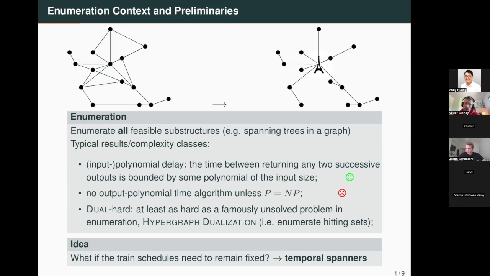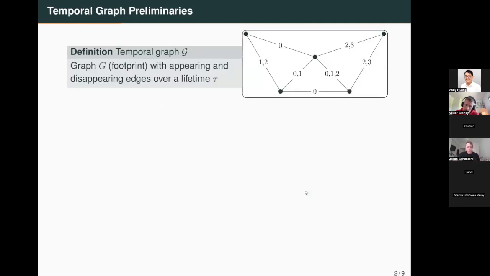And what we thought of was putting some temporal graphs in there because obviously there's a lot of real-world applications where temporal graphs can be used. For example, with this train network, the client might come back to you and say, we don't want to change the train schedules. If this train only runs in the morning and this other train only runs in the evening, then there's no way for people from Paris to get over here. So we want to keep that into account as well. And so that's where, instead of spanning trees, you might want to consider this notion of temporal spanning trees or temporal spanners. So let's talk about temporal graphs and temporal spanners now.